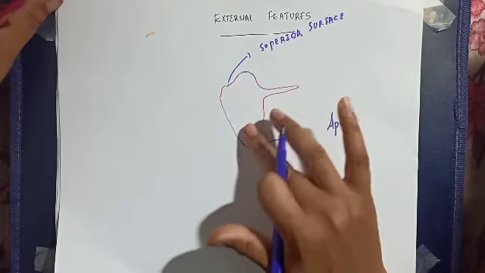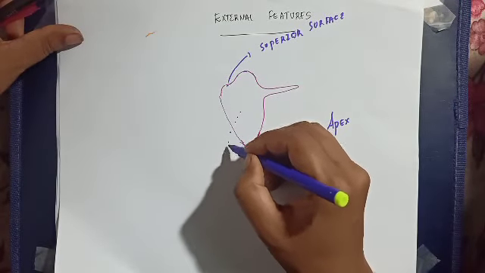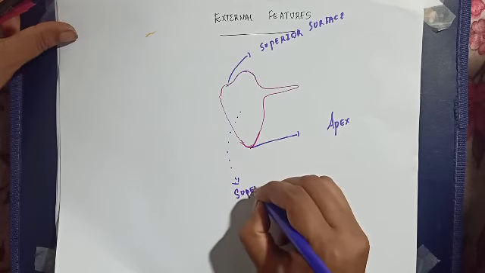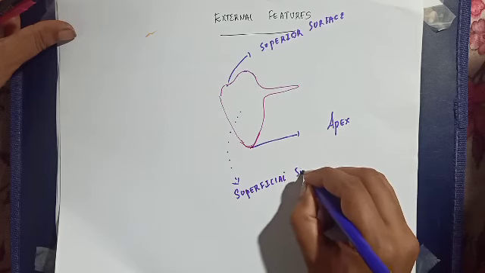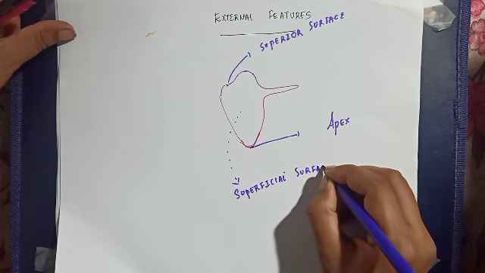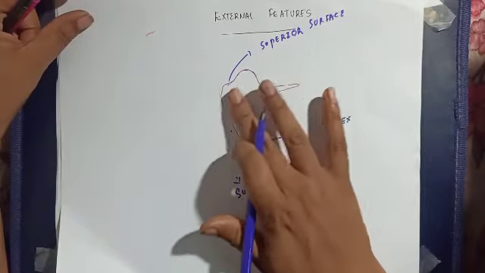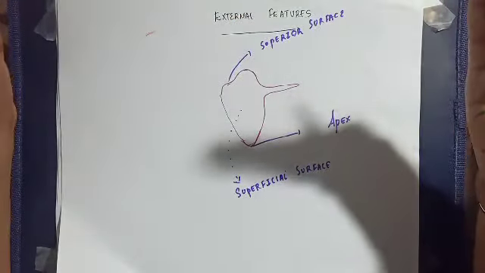This surface is known as the superficial surface. The lateral surface which you can see from the outer aspect is known as the superficial surface. Now inner to that, on the medial aspect close to the pharynx,